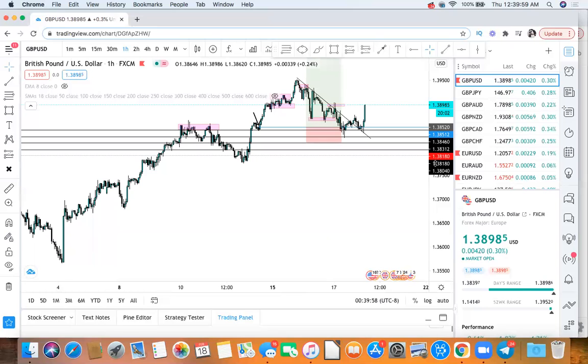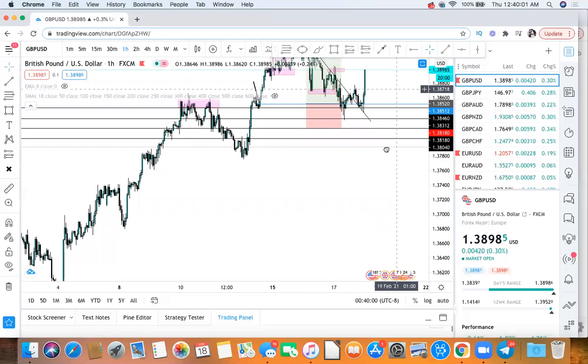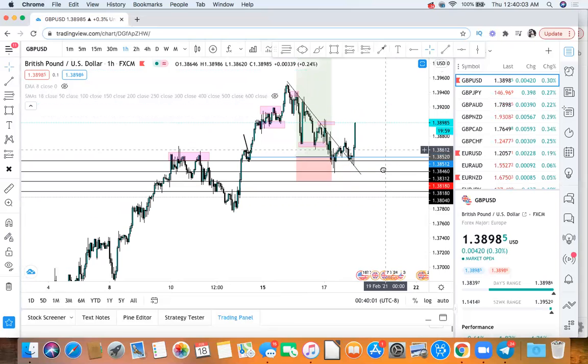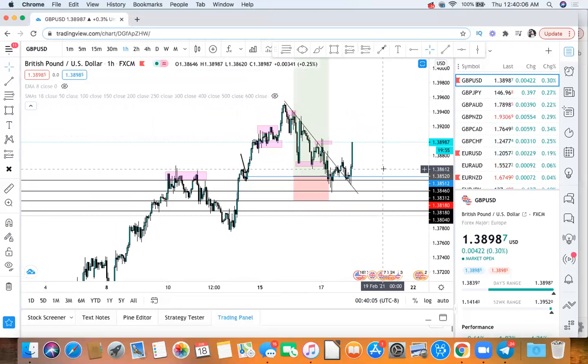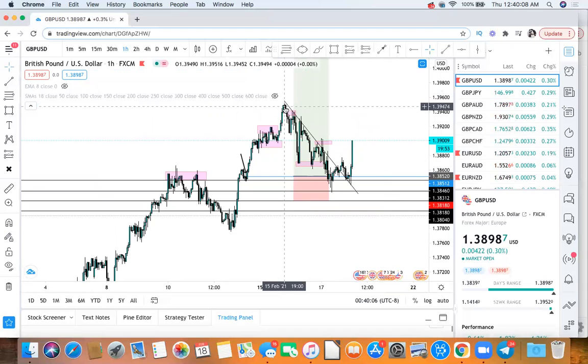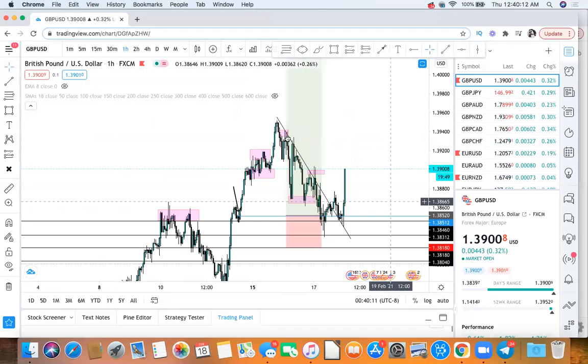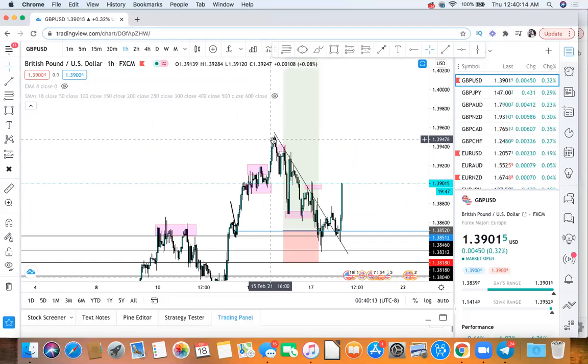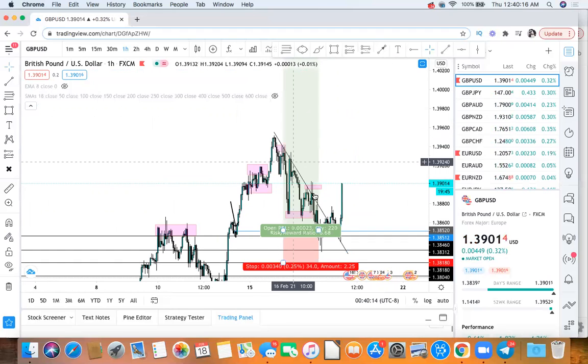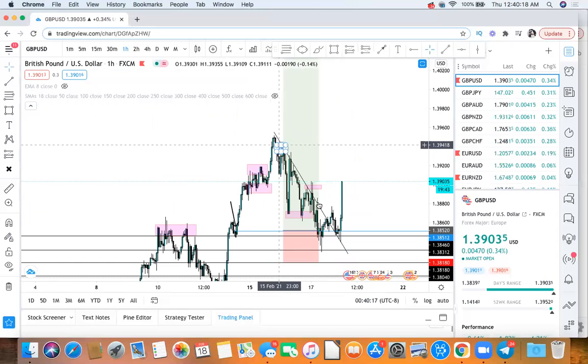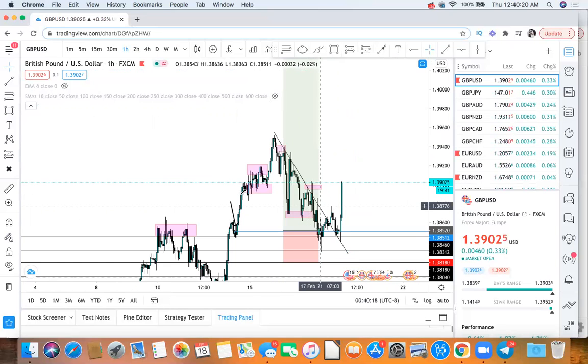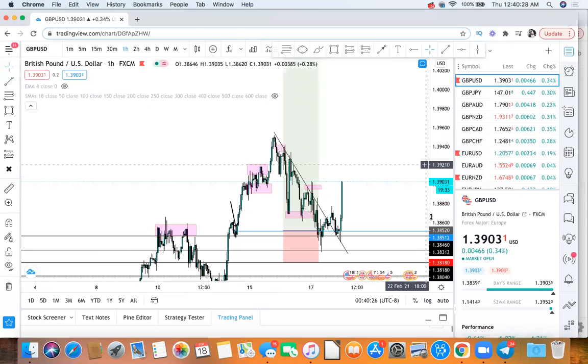GBP/USD, I did get in for buying opportunities with my Pitch Perfect Club students as well. I think I did mention this pair in a different video, but I had mentioned prior that we had this false trend, right? Which the false trend is an area where we accumulate stop losses. We have the first, second, and third tap, where retail traders are getting in for selling opportunities. On top of that, we came and cleared out the sell liquidity that we had prior over here, which is all the sell liquidity. And I had mentioned to my students the market was going to come down on this